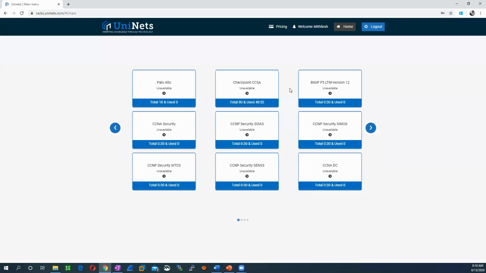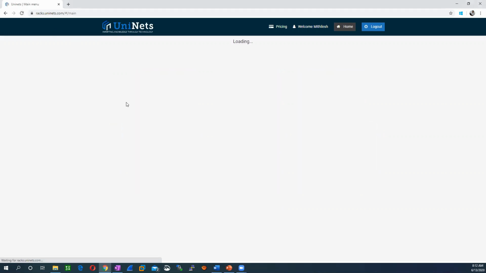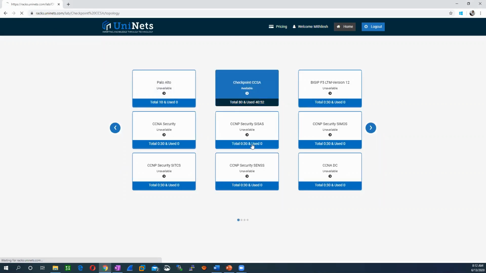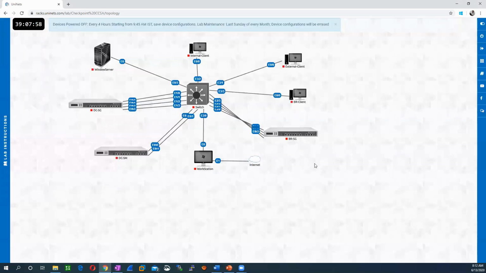This is the checkpoint lab that you can use for all your practice for the CCSA exam. Okay, basically this is the lab.